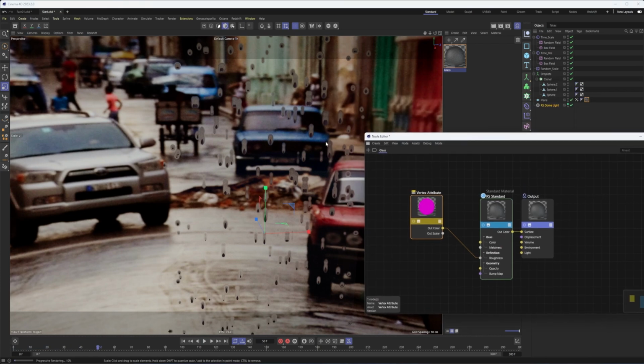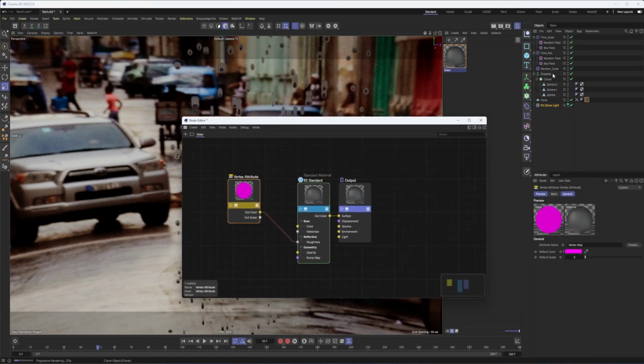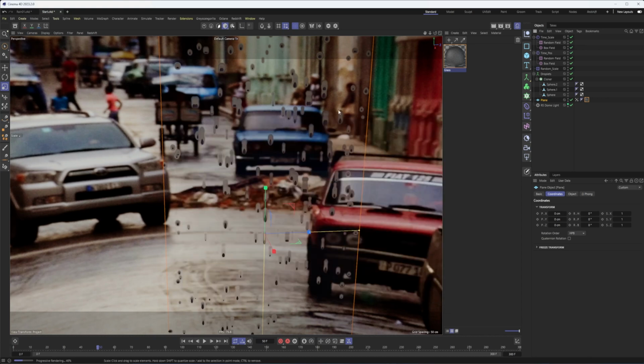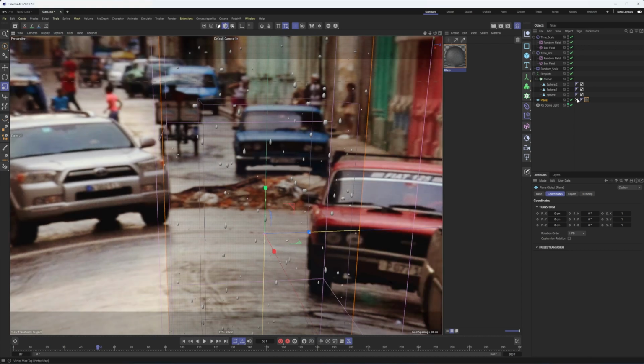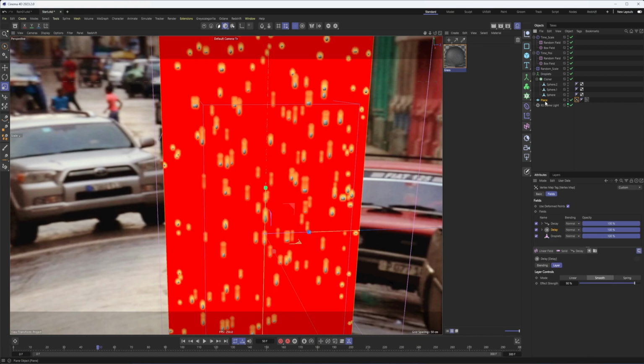And you can see though, right now things are really, really large. So once again, the ways around that are to scale these down and to increase the number of segments in our plane here. We'll do that just one more time because I'm not happy with the way that looks. I will also show you how we can dial back this effect because right now it's looking very, very strong. Okay, but select your vertex map, select your plane.